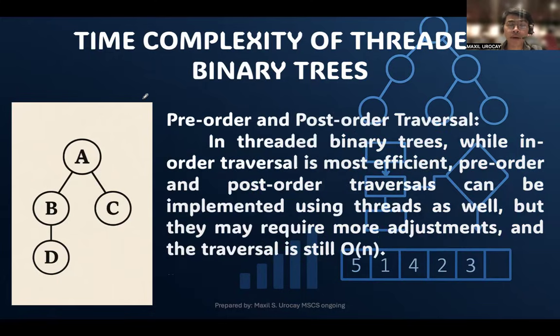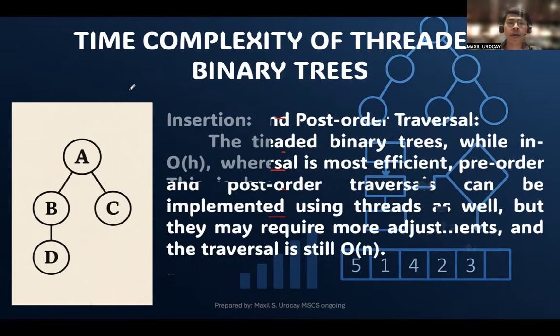For in-order traversal, we actually visit each one of the nodes. And for pre-order and post-order traversal in threaded binary trees, while in-order traversal is most efficient, pre-order and post-order traversal can be implemented using threads as well, but they may require more adjustment, and the traversal is still